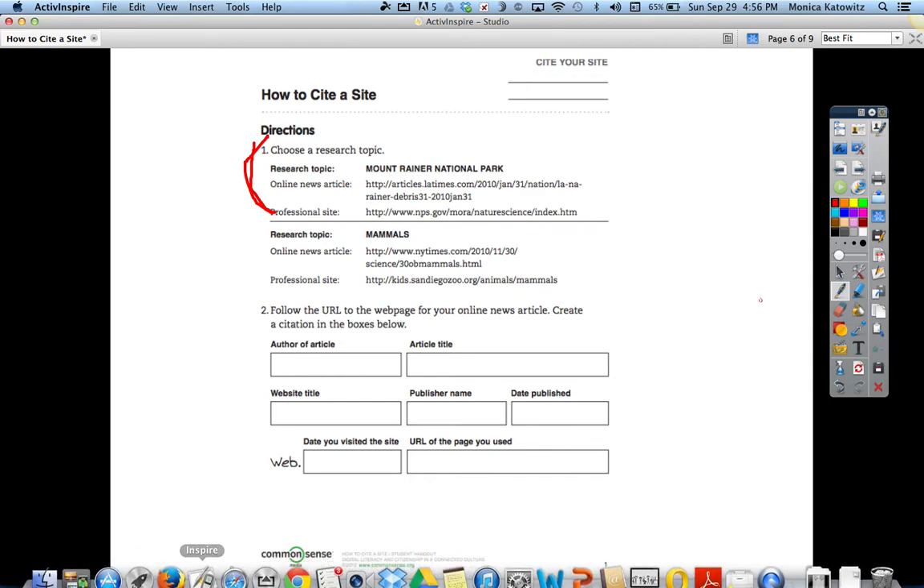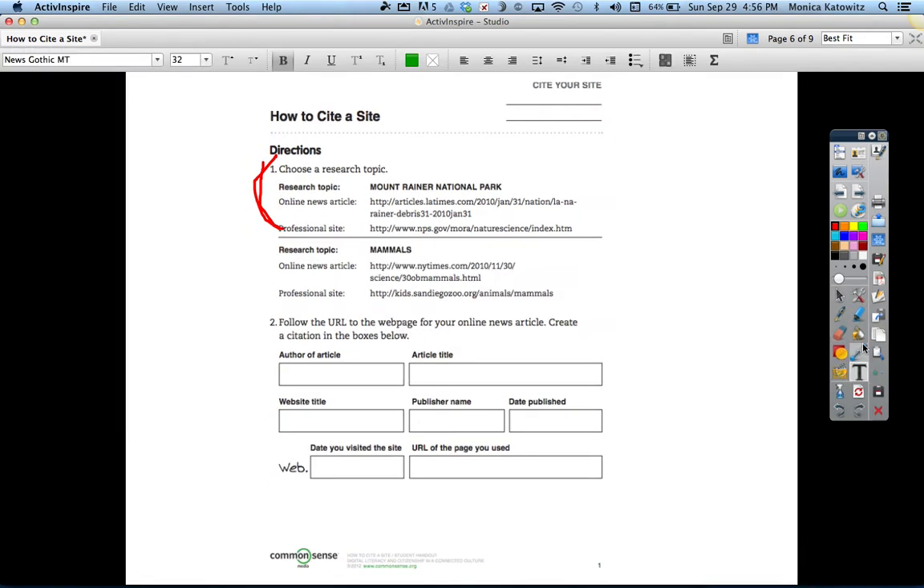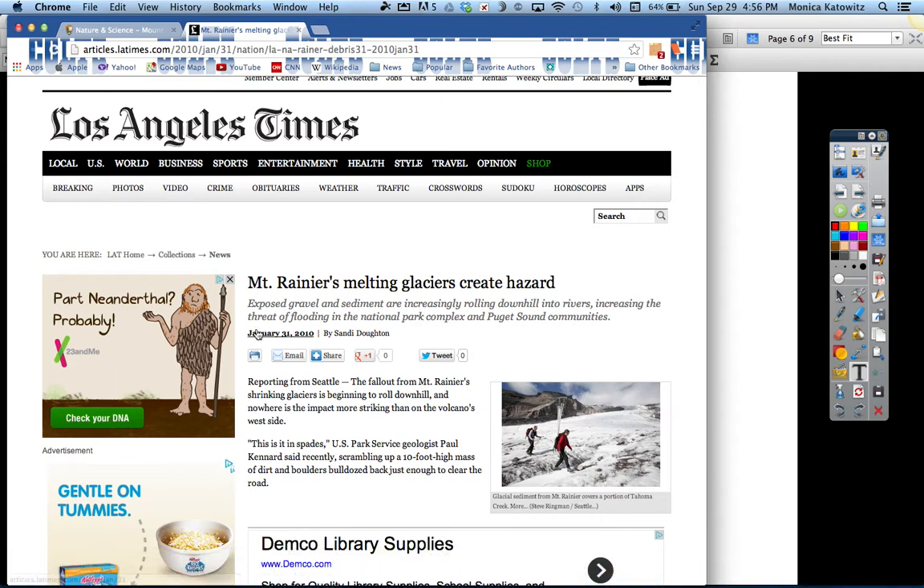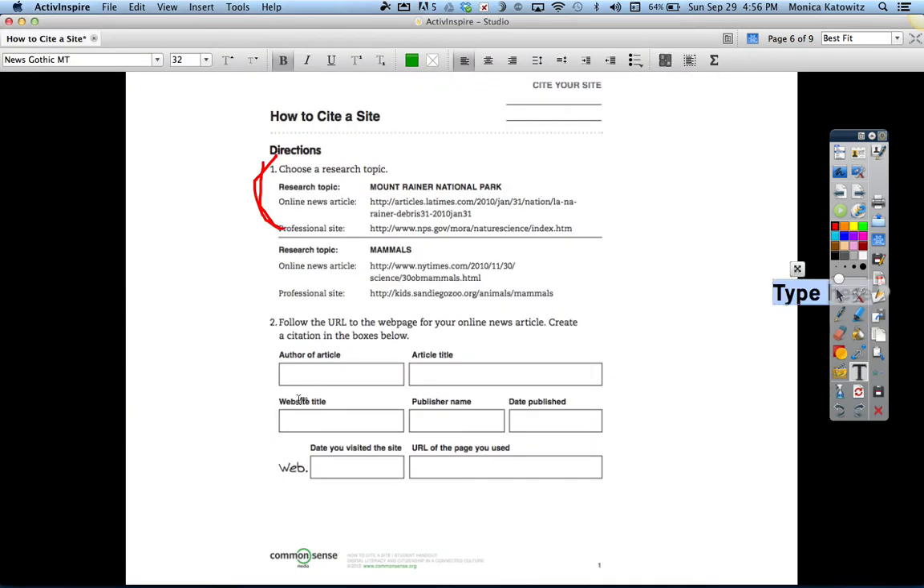So, first of all, we're going to go to the online news article right here, all right. I typed in this website address, and to save time, I've already got it pulled up, okay. So this is Mount Rainier's Melting Glaciers, and so I got to find the author. Oh, look, here it is, Sandy Doughton, okay? So what did I say to do? You need to first type in the author's last name,